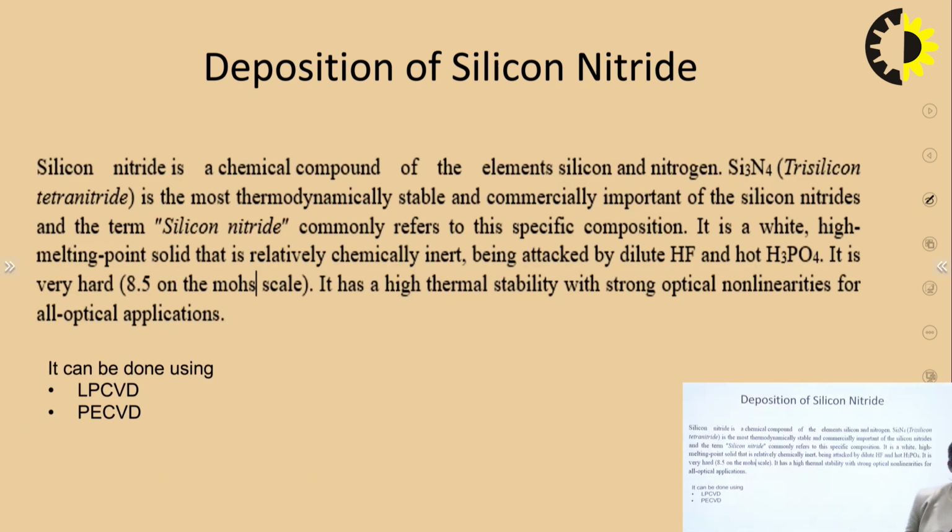Now deposition of silicon nitride. Silicon nitride is basically a chemical compound made up of silicon and nitrogen, that is Si3N4. It is also called trisilicon tetranitride. It is the most thermodynamically stable and commercially important of the silicon nitrides, and the term silicon nitride is commonly referred to this specific composition, right? It is basically a white, high melting point solid. That means we can say that it is relatively inert,